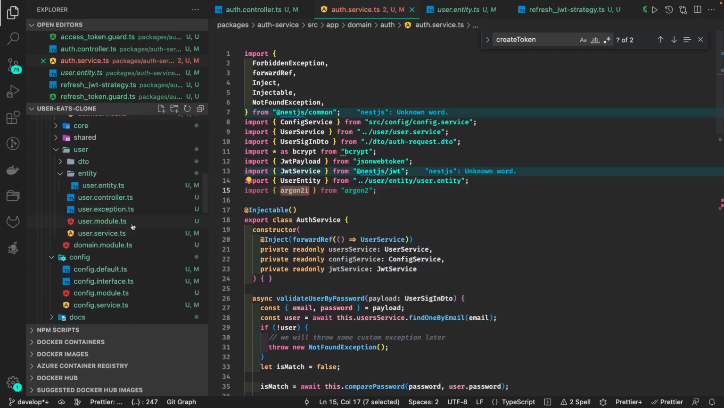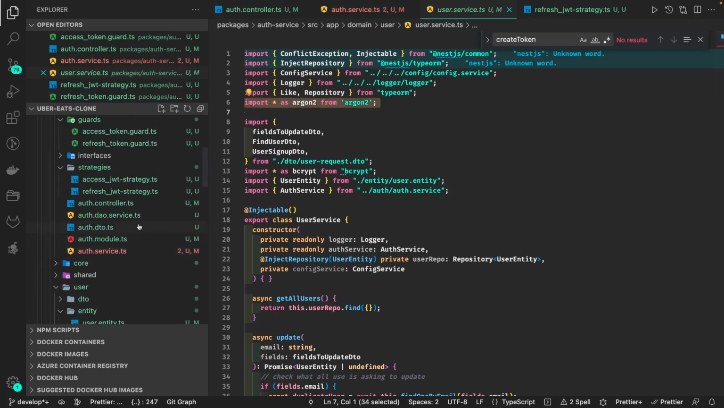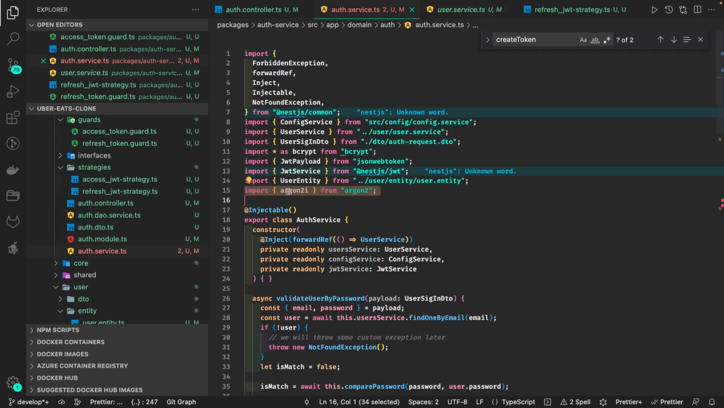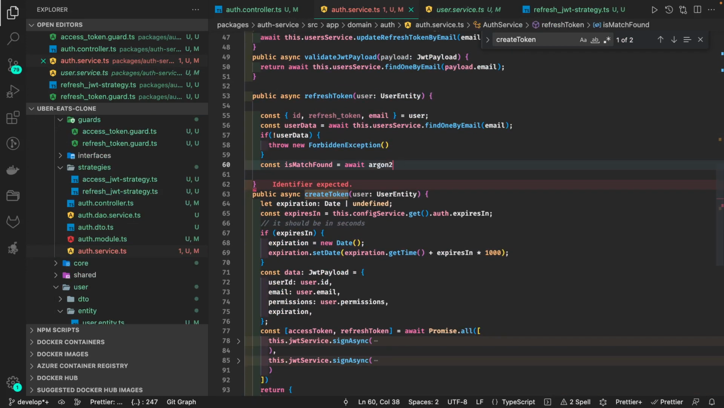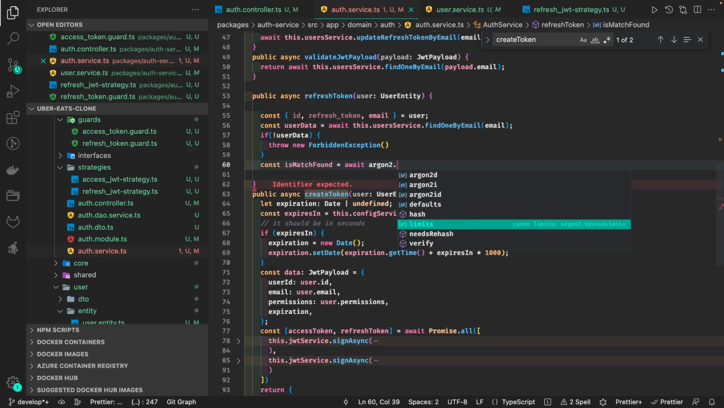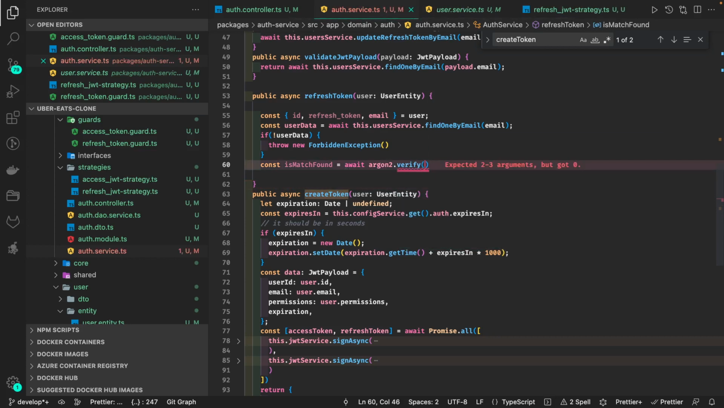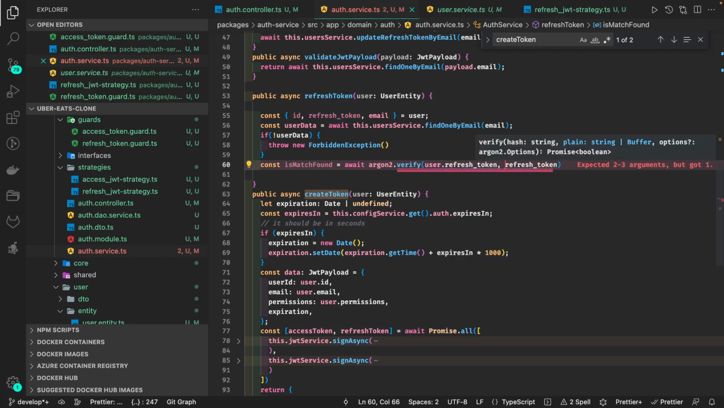What was that import? Let me see in the user service. Go to auth service. We are going to use this for the validation. Await argon2.verify. I think there is a verify method. Verify method takes two arguments. One is our refresh token, and the refresh token coming from the user object. So user.refreshToken, and the refresh token which we have,